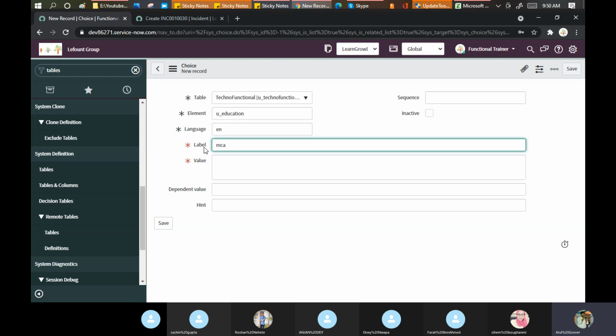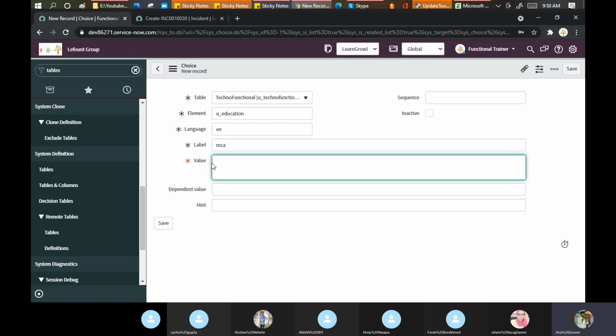Everybody knows in office by the name of Sachin Gupta, but maybe at home his mother, his father call him Sachi or Sachu. It is a label for them. But in the market, he is known by the name of Sachin Gupta. So value should be the one which you want to display to the user, MCA. Okay. Sequence, it should come on the number 1.